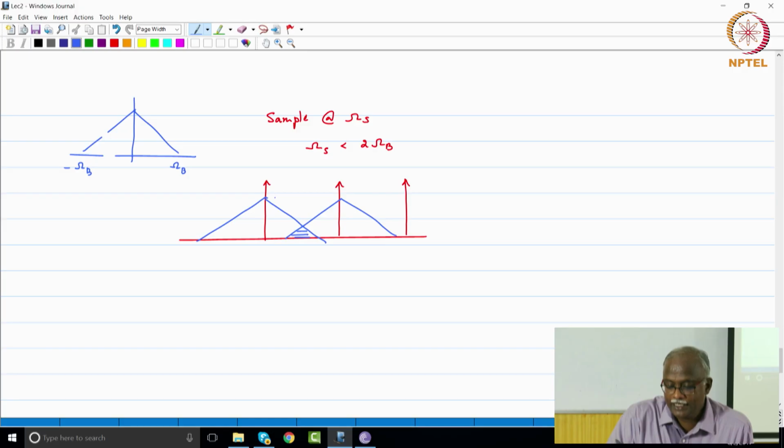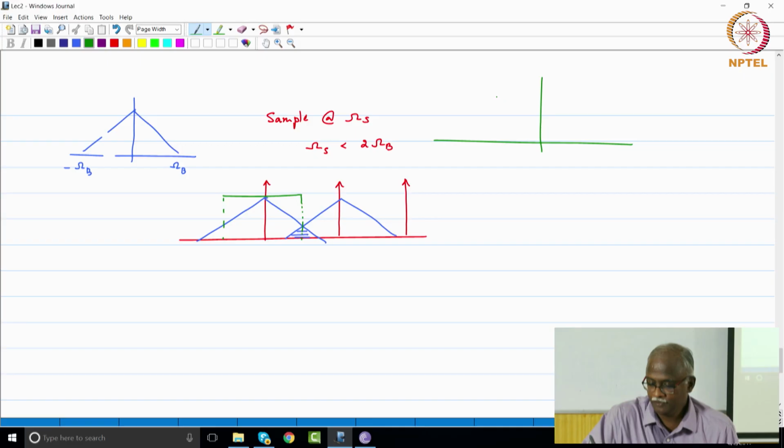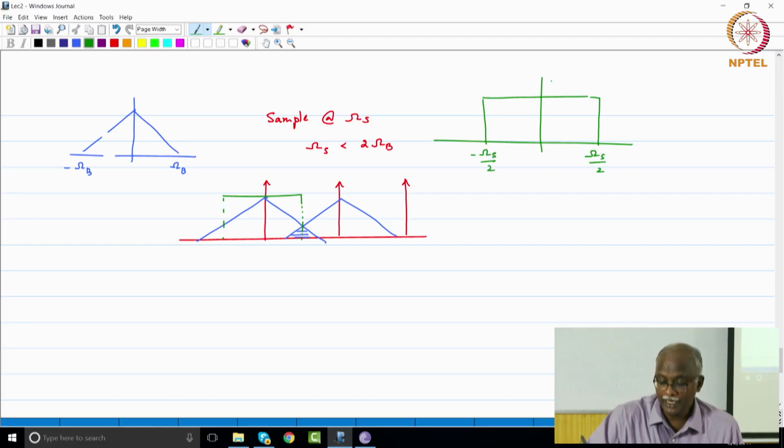Now when I reconstruct, the reconstruction filter, if you remember, we said was an ideal low pass filter all the way to omega s by 2. Okay, maybe I did not specify that. The reconstruction filter is an ideal low pass filter from minus omega s by 2 to omega s by 2, and because the copies of the signal have got a scaling of 1 by Ts, this one actually has a scaling of Ts to take out the effect of the 1 over Ts sampling.